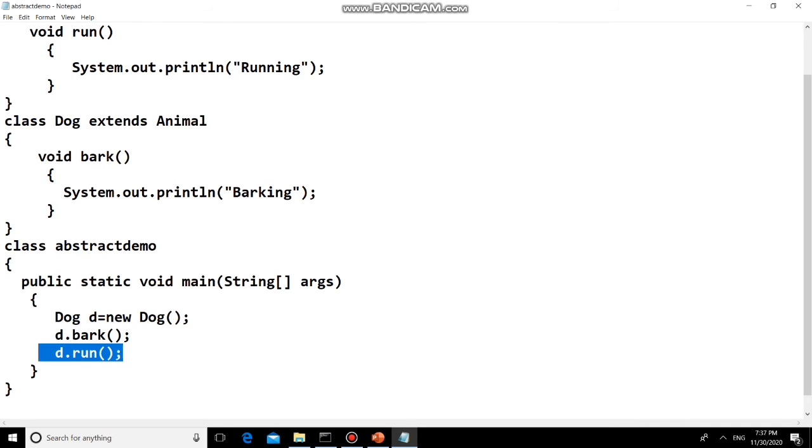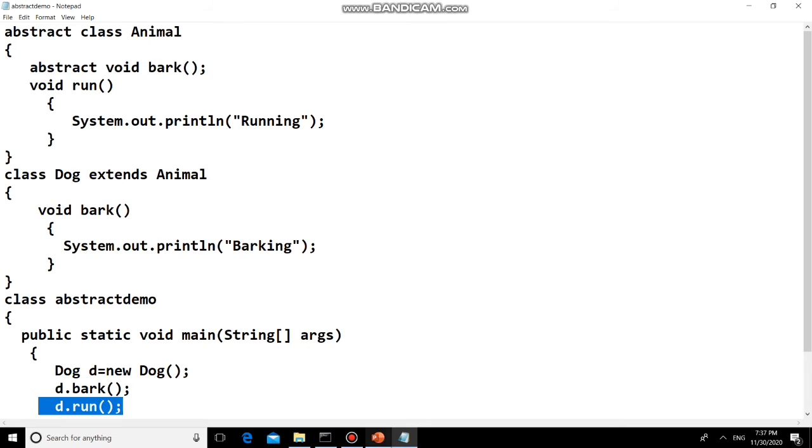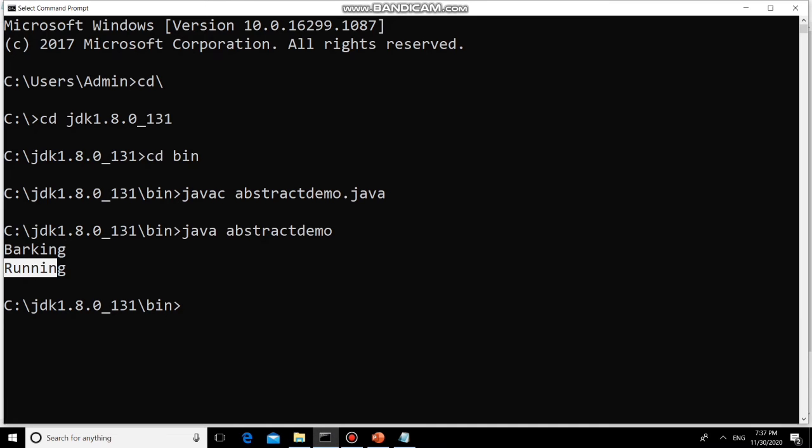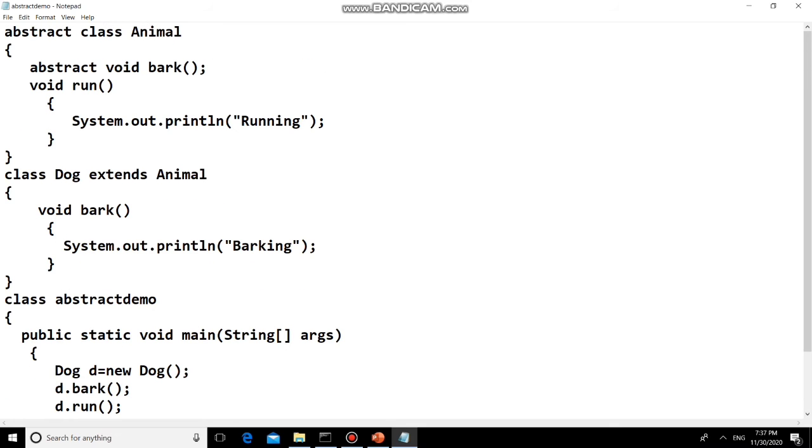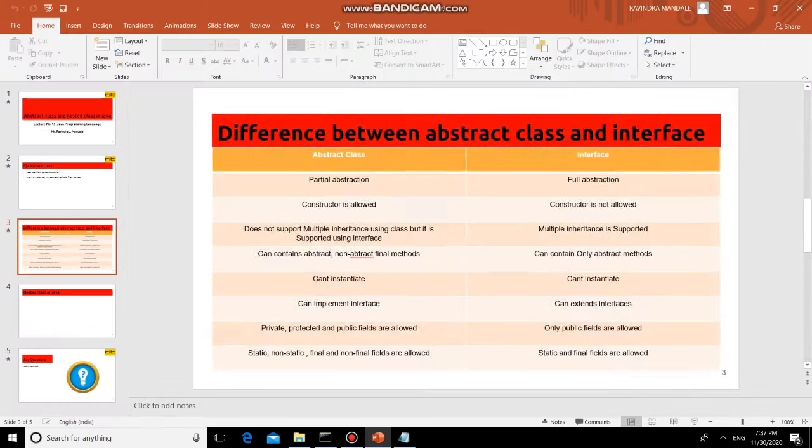That's why we can also execute the run method. So we got barking and running. So this is an abstract class. One more thing, an abstract class can also have a constructor. Now we'll see the differences between interfaces and abstract classes.